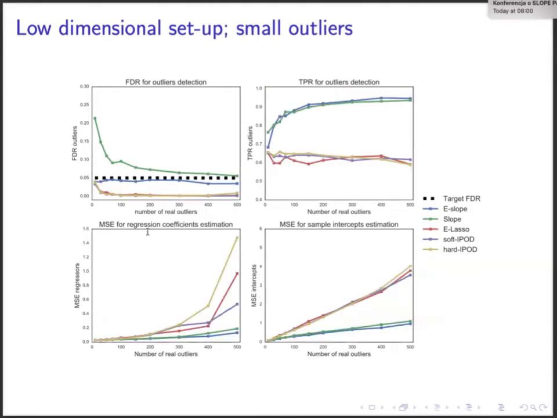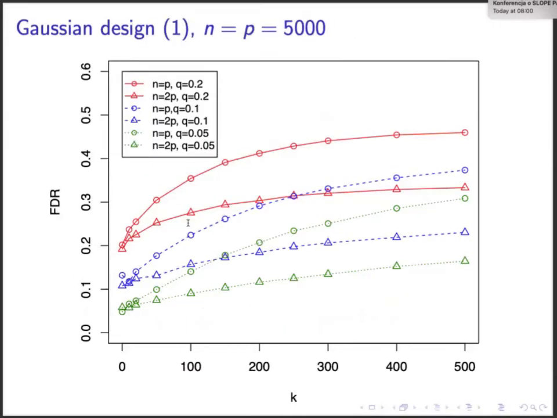But here we have a different situation. Here the outliers were small. We are still controlling FDR. We have much larger power than other methods to identify these outliers. And in the results, we are now much better in terms of the estimation properties. So this method, as I said, allows you to increase the power of identification of important effects, and in this specific setup, we gain with respect to the estimation properties.